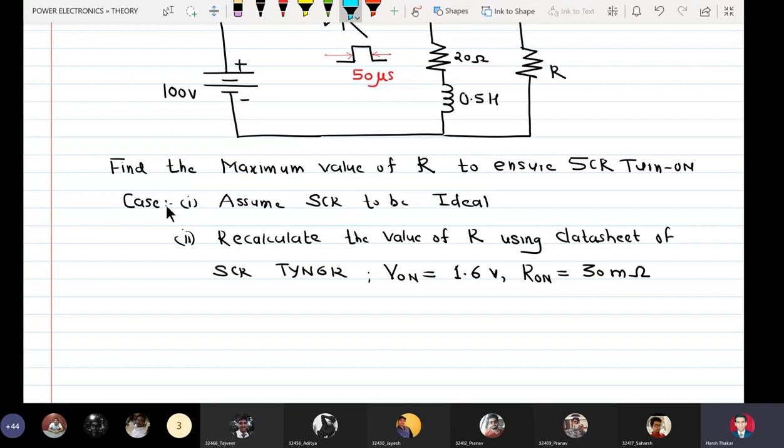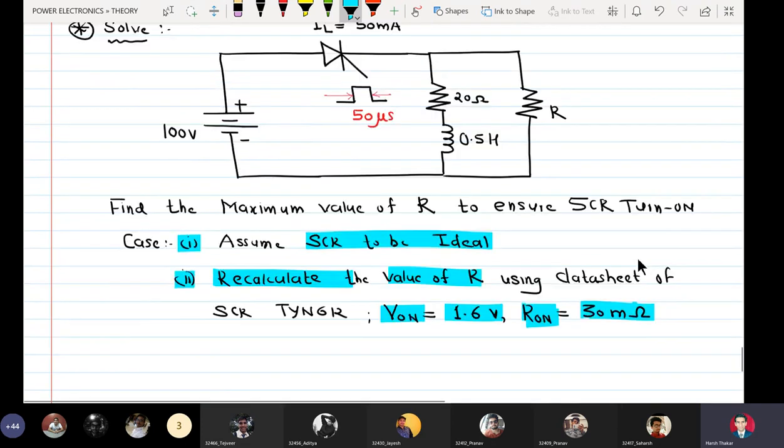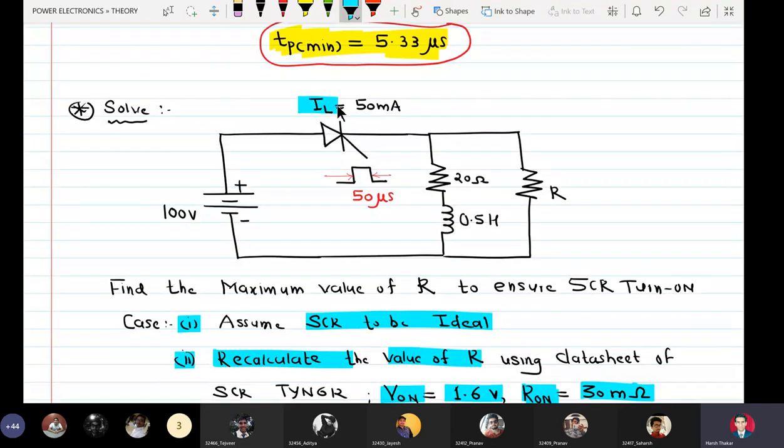Okay. Case number 1 is SCR to be ideal. Second is recalculate the value of R for V on equal to 1.6 volts, R on is 30 milliohms. Okay. Values given are